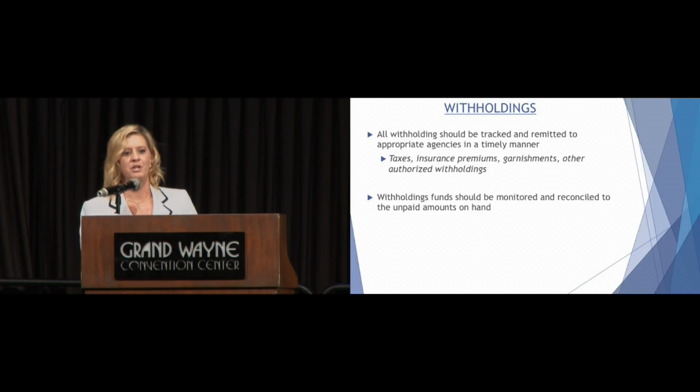I see a lot of smiles out there. And the same with accumulating balances. If you have balances that just never clear out and then just continue to increase, something may not be getting paid out. You see that a lot, especially with garnishments, because it's not something regular that you always do. You may have a new garnishment and you forgot that you have to remit that to another county, and then it just accumulates. So just making sure that you're monitoring those withholdings balances and getting them cleared out in a timely manner,